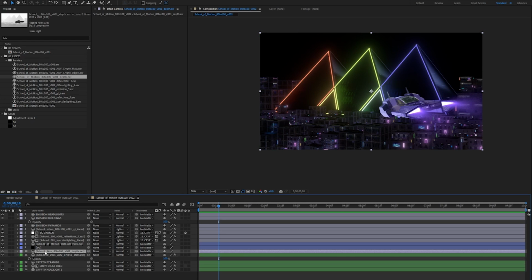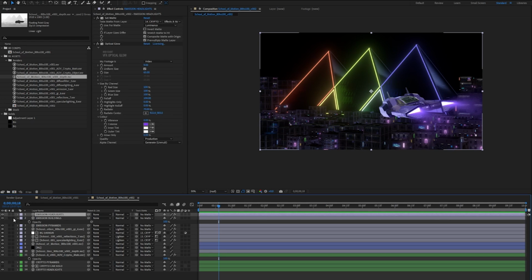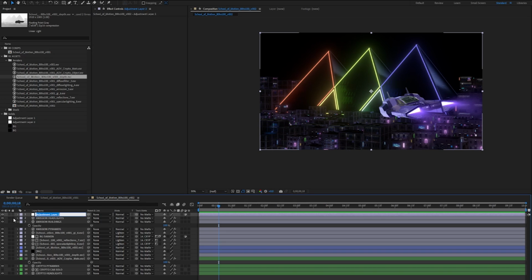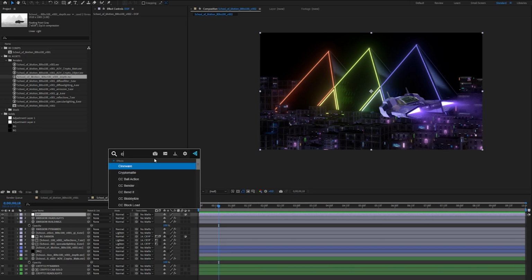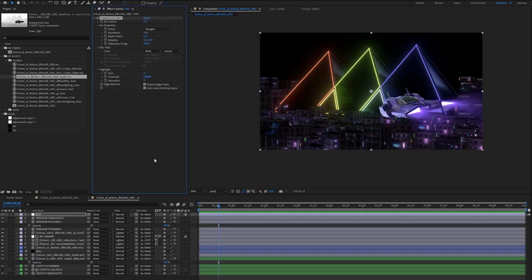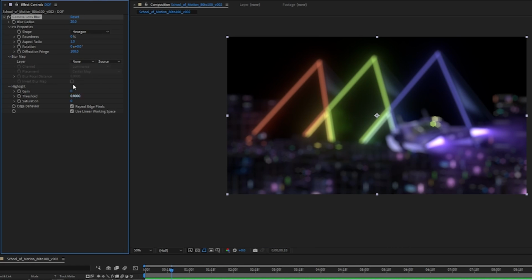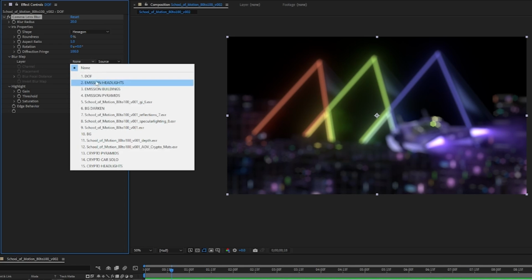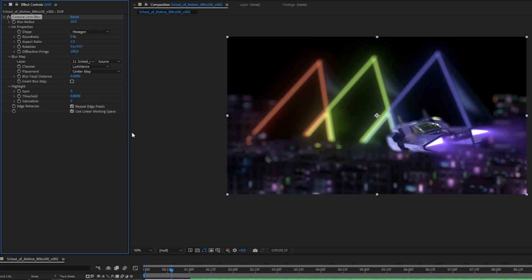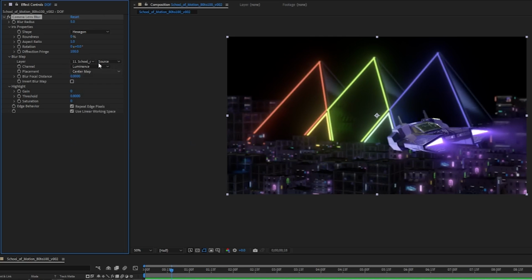So we can create a new adjustment layer. We're going to call this one DOF for depth of field. And let's put in camera lens blur. I'm going to put something big like 20 just to really exaggerate it. And here in our blur, we can select our depth layer. And you can see that it brings attention to the car. I'm going to bring it down just a little bit, back to 5, and slowly bring it up,